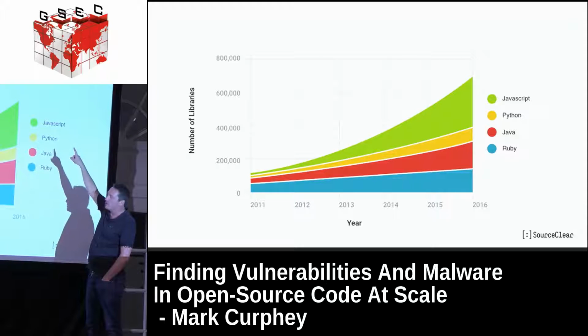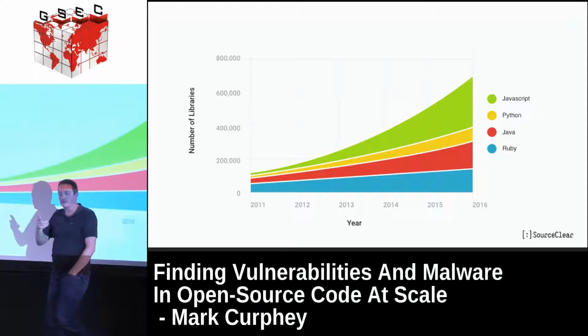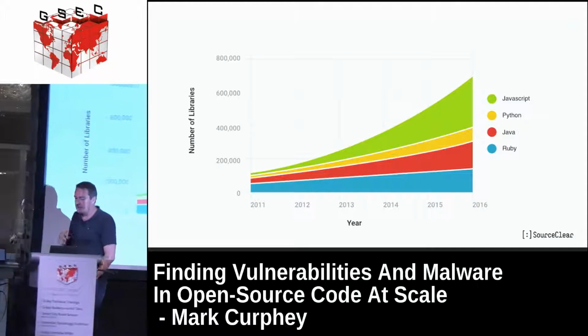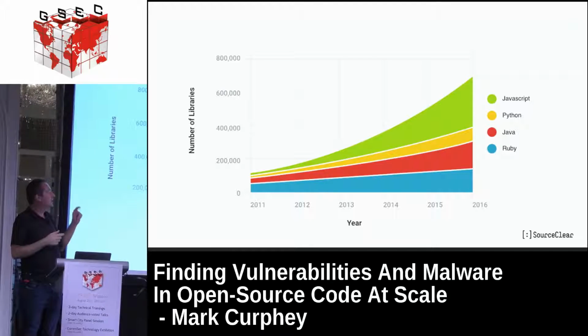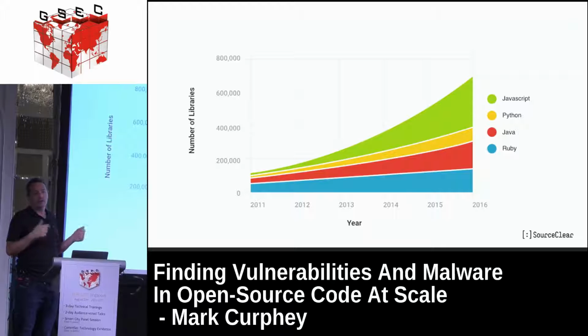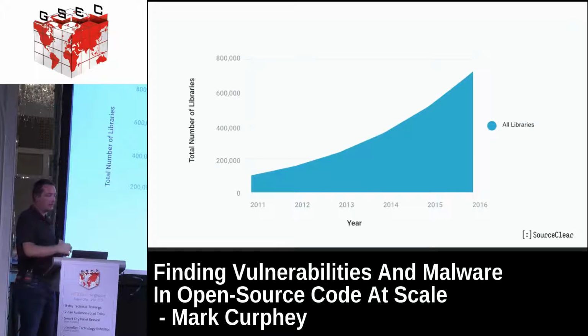The growth of this has got pretty substantial. We're now at about 650,000 unique libraries. That's libraries, not library versions. That's 650,000 libraries in those languages alone. If you think about things like C and C++, which is mainly used in Linux stuff, Go, all of these other things, it's millions and millions of libraries. And when we talk about versions, as you'll see in a second, we're talking about a significant amount of stuff. Certainly you can't keep track of it in your head or in a spreadsheet.